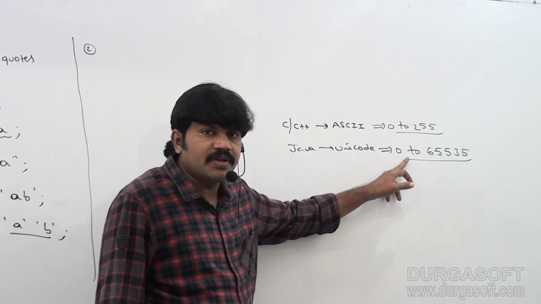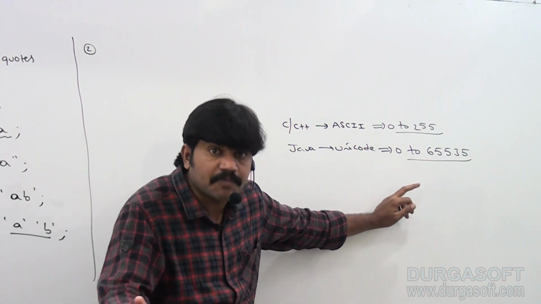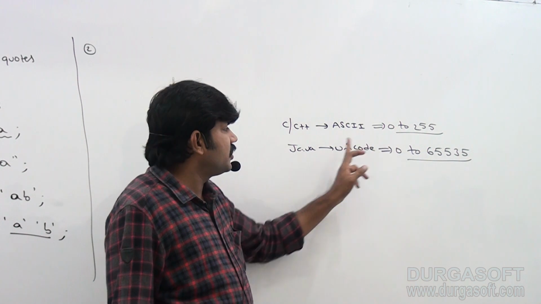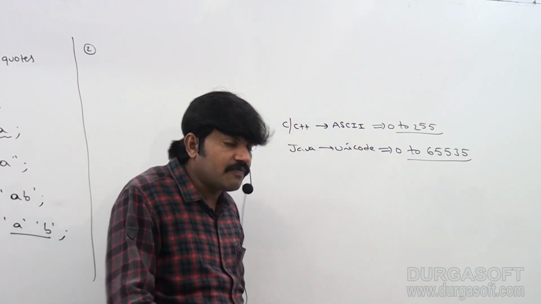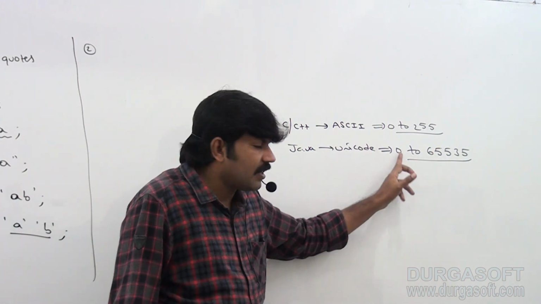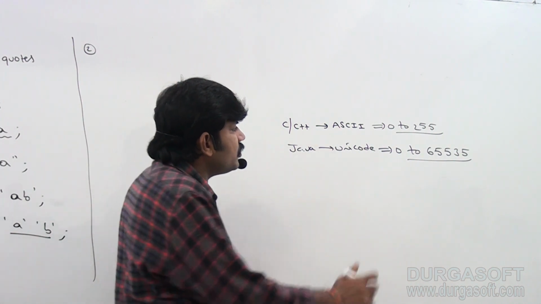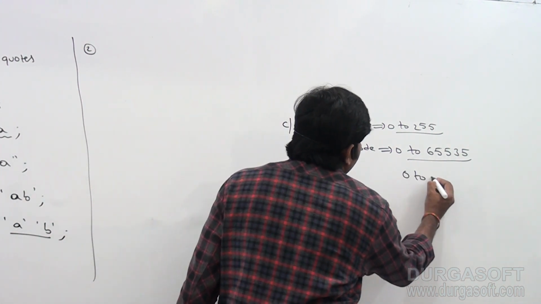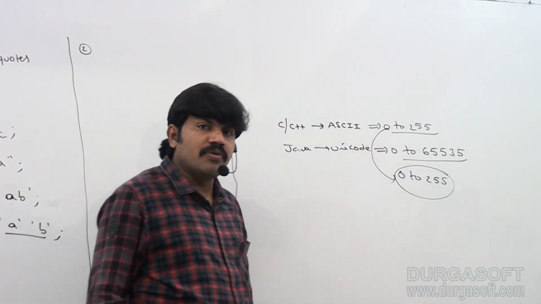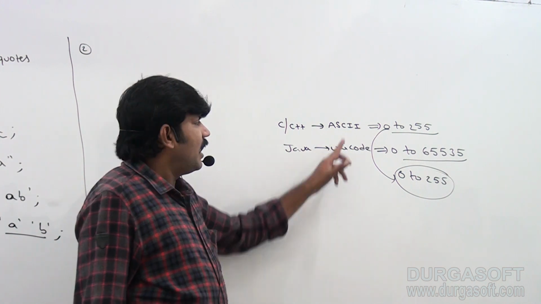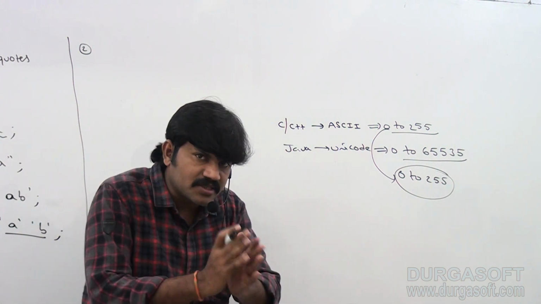So Telugu language it has to cover, Hindi language it has to cover, English it has to cover, Chinese language, Japanese language, sir, all languages Java is going to cover. That's why 0 to 65,535. Okay, this is the range of char. Now for the first 0 to 255, the Unicode values are the same as ASCII code values. Remember that. Until 0 to 255, Unicode and ASCII code are always the same.